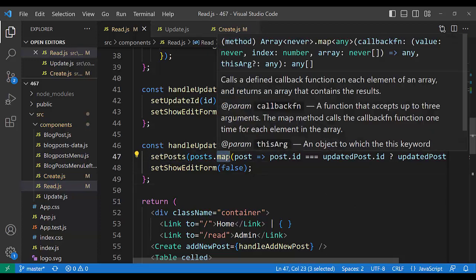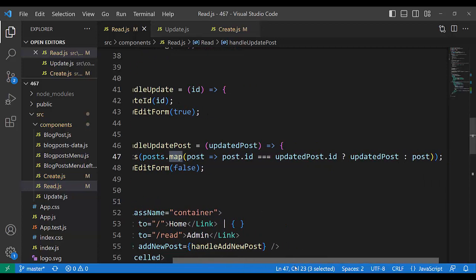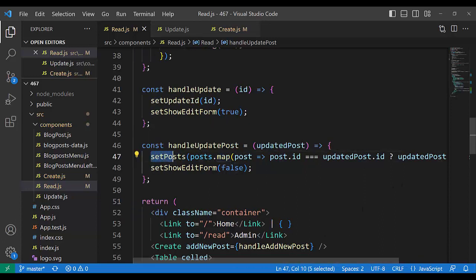Map creates an array of the posts, but in that array all posts are the same as before, only the updated post is updated post, and it is the new value of state post. Very important here with that CRUD operation is that every CRUD operation the server does for itself,